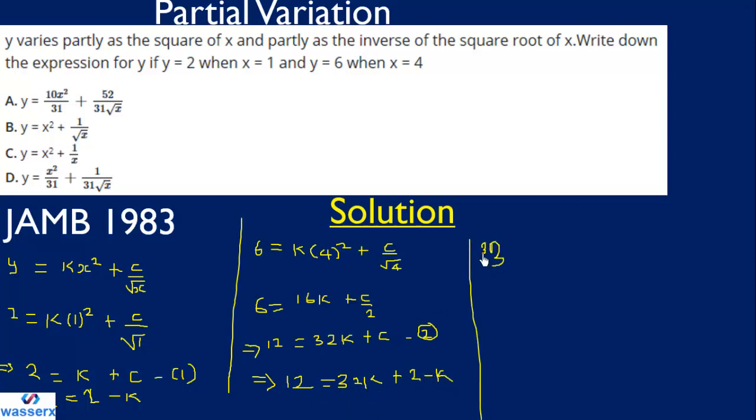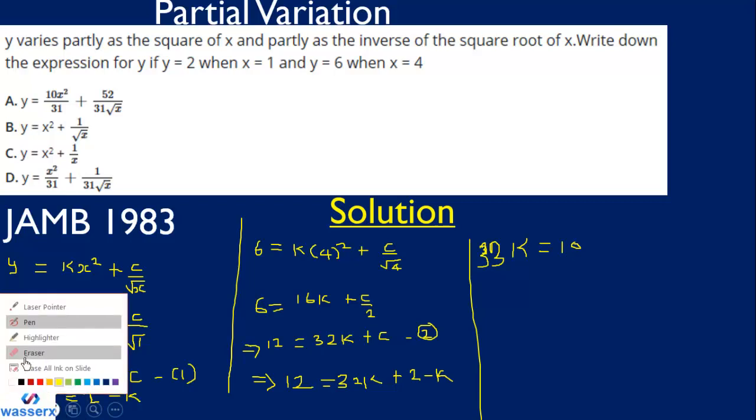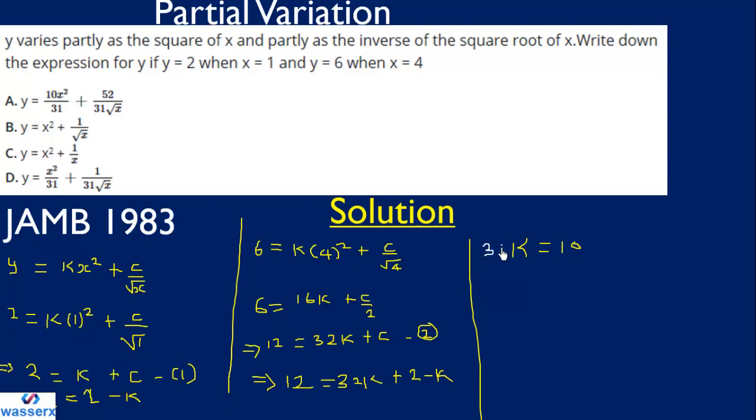So we get 31k equals 10. So k is equal to 10 over 31. Now c will be equal to 2 minus 10 over 31. And when we simplify this, we are going to obtain